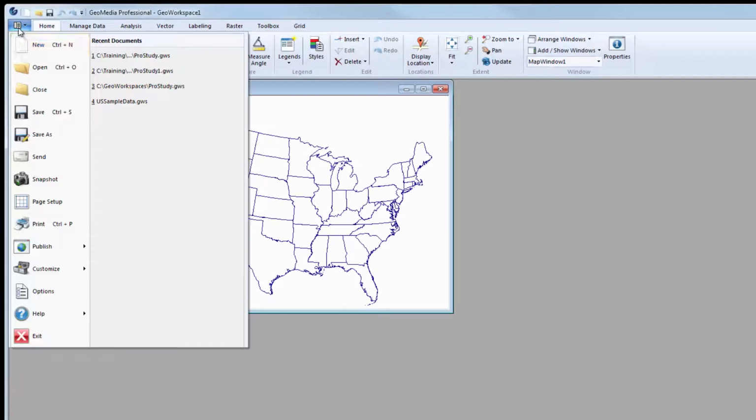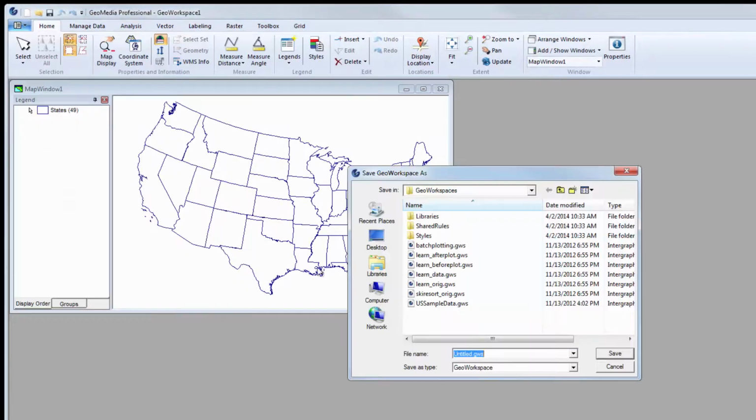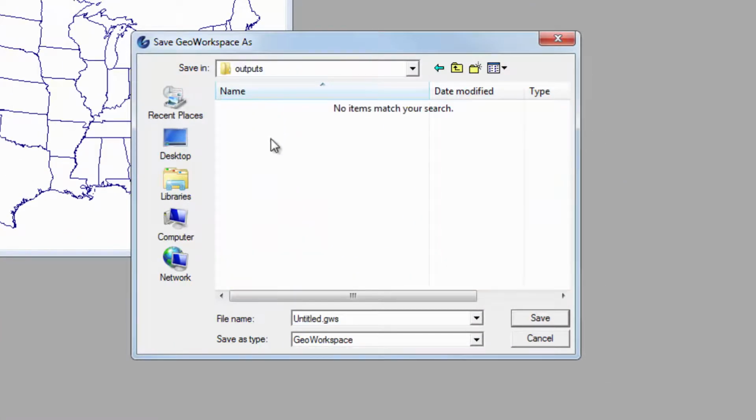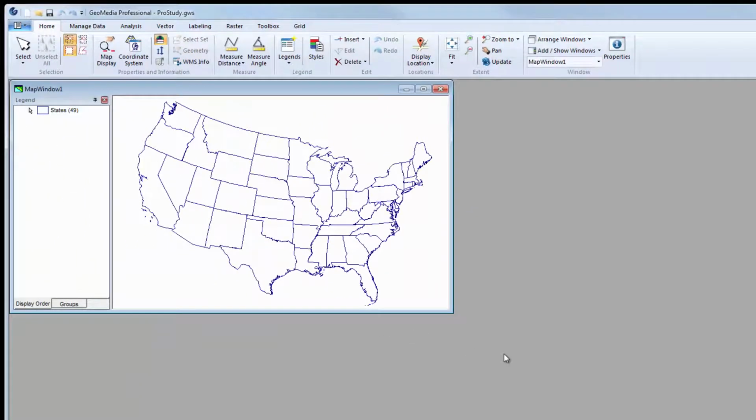From the Application menu, select Save As to save this as a working GeoWorkspace. After navigating to the output directory, give the GeoWorkspace a name and click Save. This opens a new GeoWorkspace based on the saved template parameters, including predefined warehouse connections, GeoWorkspace coordinate system, and a